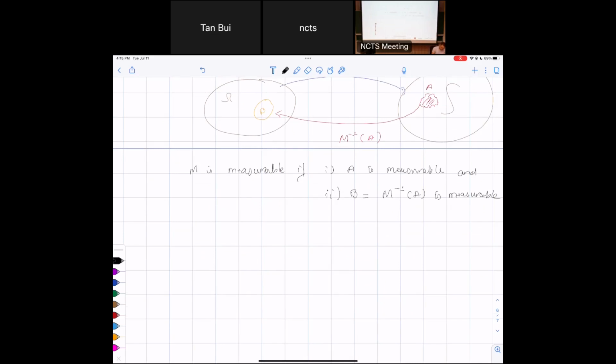Okay, so the next object that we're going to do is a random variable. And this is actually by far the most important definition. Random variable, because that's what we do in practice. Okay, so what is a random variable? A random variable sounds like an abstract thing, but it's not. A random variable